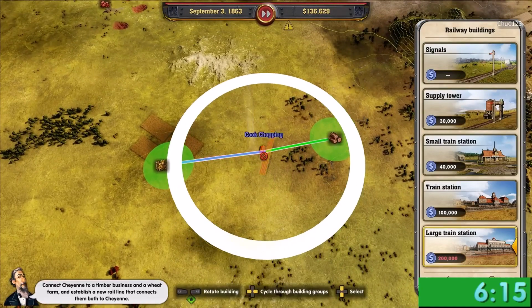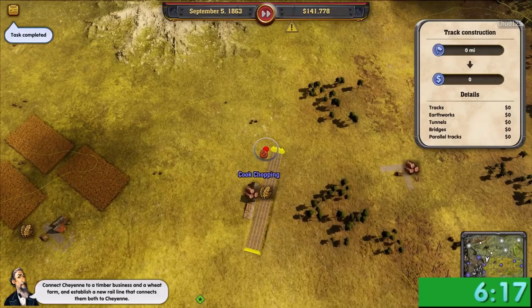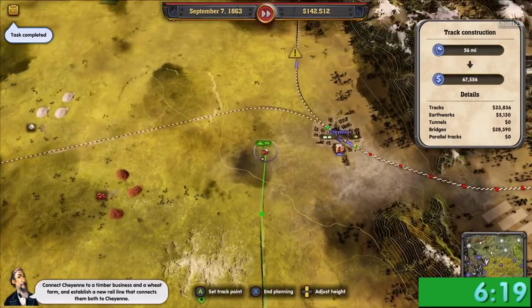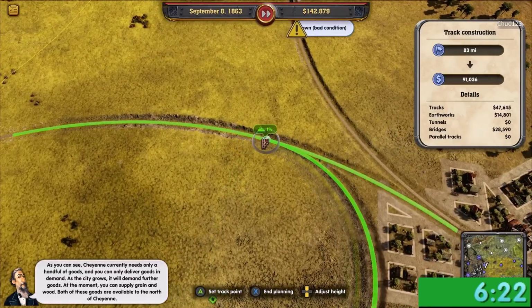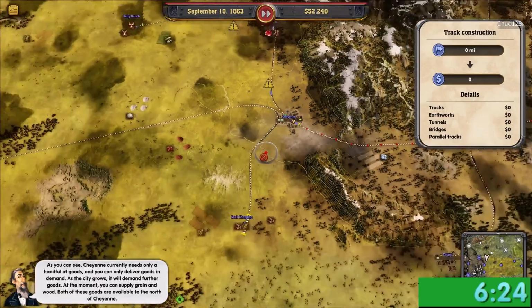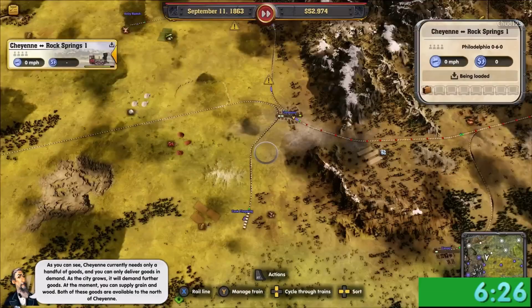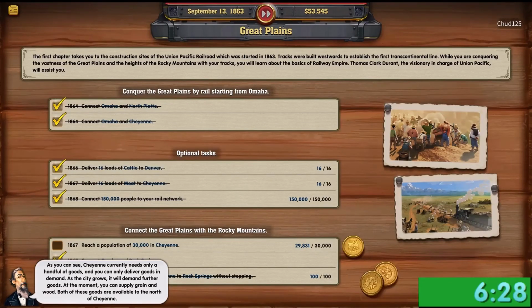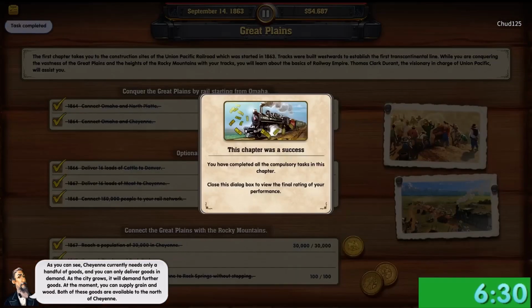Connect Cheyenne to a timber business and a wheat farm and establish a new rail line that connects them both to Cheyenne. As you can see, Cheyenne currently needs only a handful of goods, and you can only deliver goods that are in demand. As the city grows, it will demand further goods. At the moment,